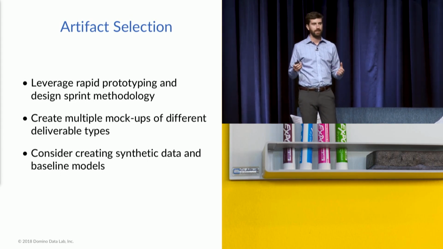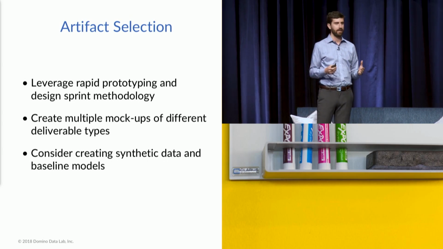They're borrowing from the design sprint methodology that has been popularized in software development. Some data science teams even have designers that work on the team that will create mocks of the Shiny app or mocks of things that the stakeholders can engage with. And they can even do this with fake data or a simple baseline model, just to understand, hey, if I gave you this thing, how would you use it? Because that way, it often surfaces a new insight of, oh, well, it turns out that if we put this in a new tab, no one's actually going to go to this different application. We have to integrate it into their Salesforce workflow or something like that.